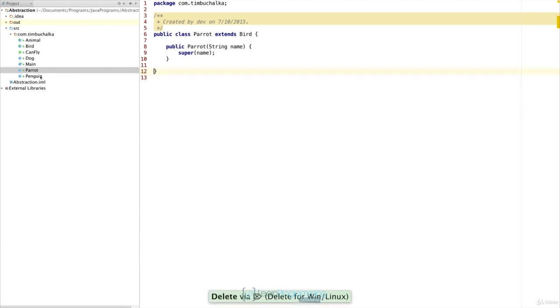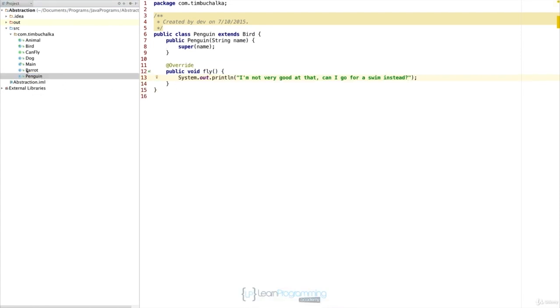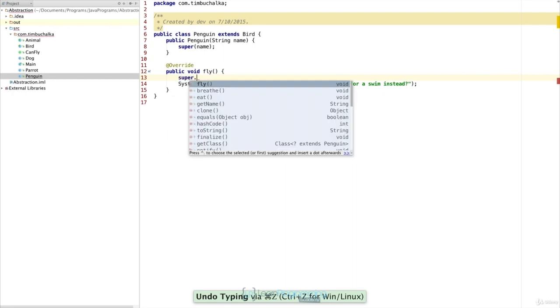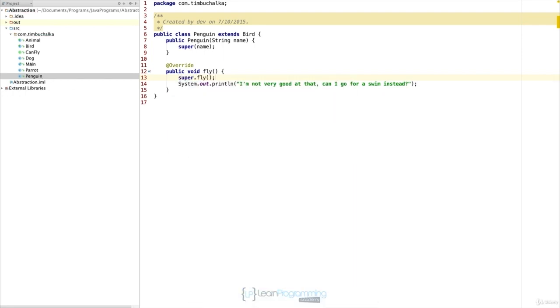And also then looking at penguin, it actually makes sense to override that and leave that overridden. And the reason for that is we want to implement some specific functionality for the penguin class. And if we wanted to, we could also call the super.fly as well. And if we go back to our main class and run this,